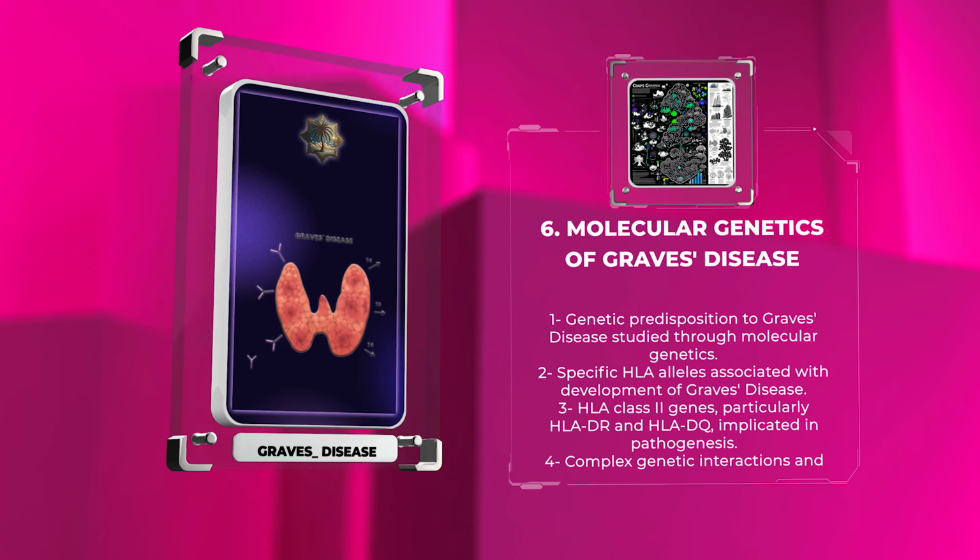Graves' disease is often associated with other autoimmune conditions, forming part of a broader spectrum known as autoimmune polyendocrine syndromes. One commonly encountered syndrome is autoimmune polyendocrine syndrome type 2, APS2, also known as Schmidt syndrome. APS2 comprises a combination of Graves' disease, autoimmune adrenal insufficiency, and autoimmune thyroiditis. Understanding these associations aids in the comprehensive management of patients with Graves' disease.